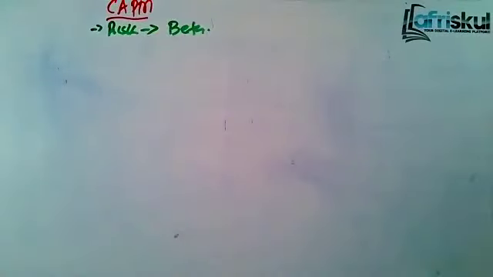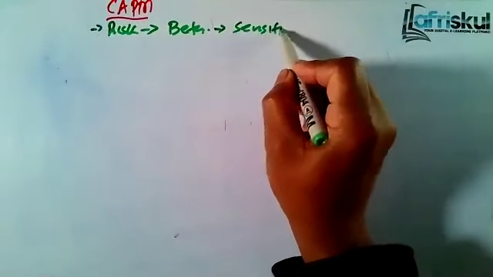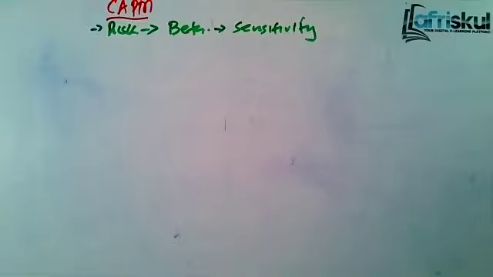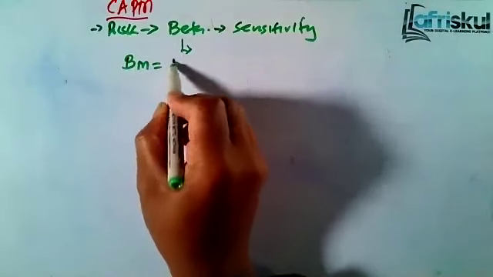The beta factor means the sensitivity. It's just a recap. For the beta factor, I gave you 3 formulas on how you can compute it. Then we also said that the beta factor for the market is always equal